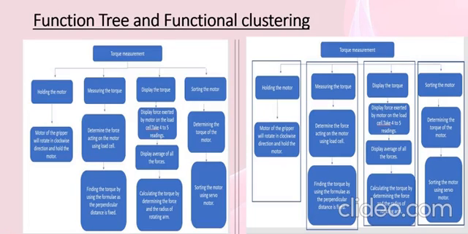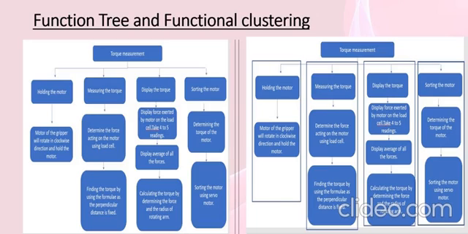Next is function tree and functional clustering. Here we have identified three subsystems: holding the motor, measuring the torque and sorting the motor. I have included one extra column called displaying the torque for more clarity. Holding the motor is done by using the gripper. In measuring the torque, the DC motor will hit the load cell 4 to 5 times, and the average of all the 4 to 5 readings will be taken, which will be equal to the force. This force value is substituted in the formula to calculate the torque, and the calculated torque is displayed on the monitor screen.